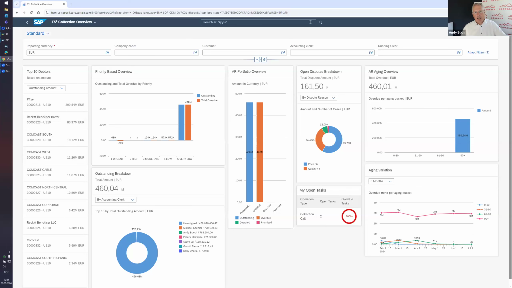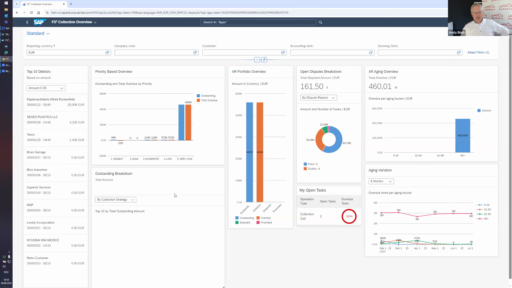And this is, by the way, our collection management overview screen, where you get an overview over open disputes that might appear in your system, aging bucket list with changes over time. So you get an overview over your data, top 10 debtors. You can even categorize them by amount due, 30 days, 60 days overall. There is outstanding receivable breakdown by accounting clerk, as an example, by risk category, by collection strategy, so that there's different apps available.